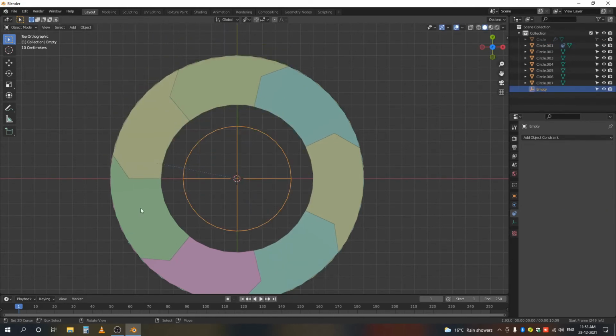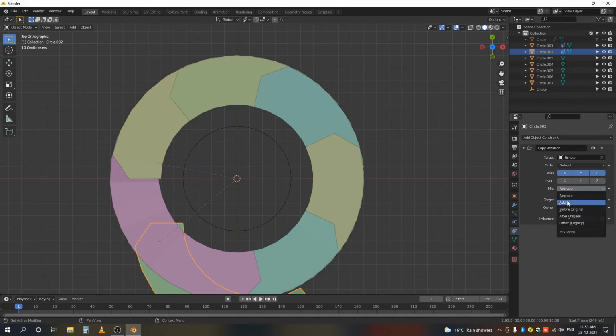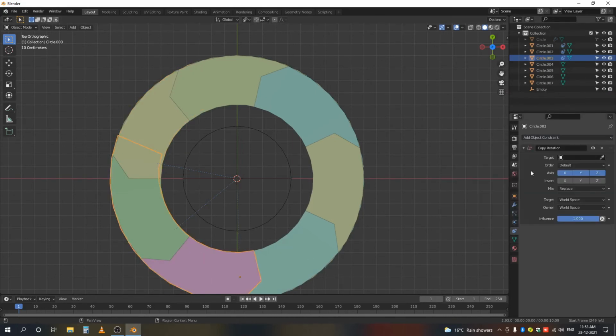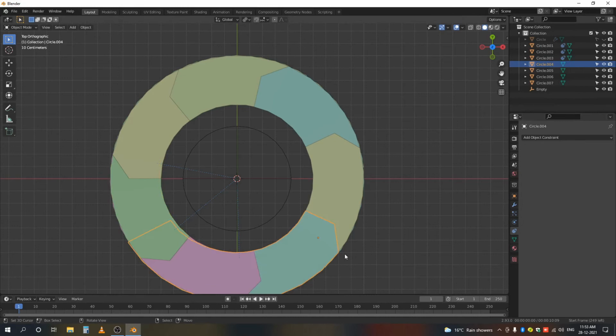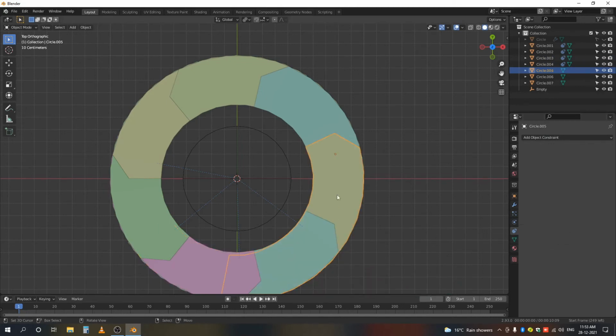So we have to repeat that process for all the shutters. Copy rotation, empty, add, local space. Copy rotation, empty, add, local space. Copy rotation, empty, add, local space.